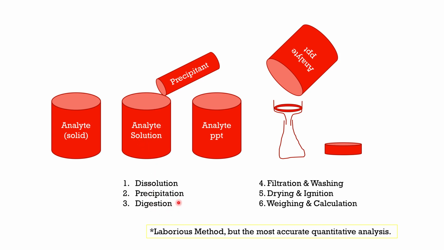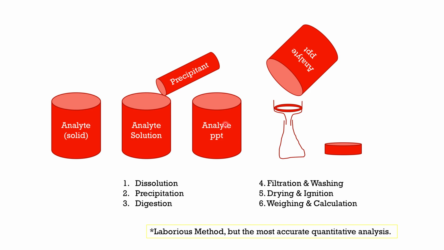The next step is basically digestion. When you add the precipitant, you get the analyte precipitated, and you allow the sample to undergo digestion. Digestion is a term used because it means you allow the precipitate to stand along with the mother liquor for some time. What happens when you allow a precipitate to stand with the mother liquor? There is constant dissolution and reprecipitation. Because of that, this digestion process is usually done in order to remove certain impurities